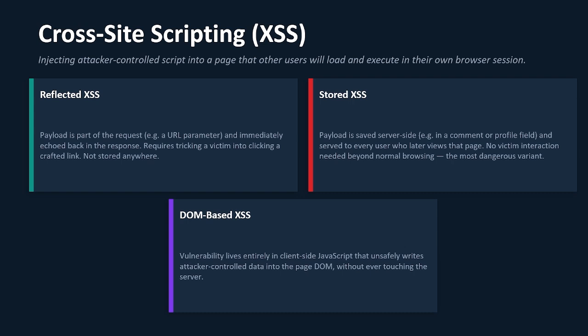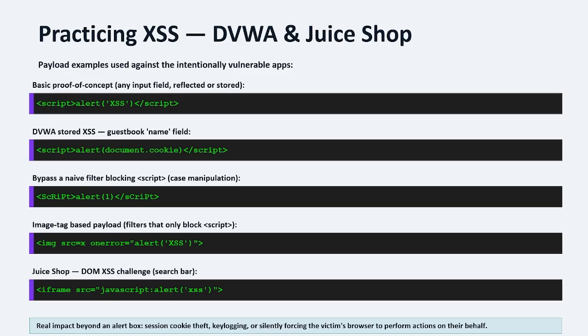There's also the DOM-based cross-site scripting. So this exists in the client-side JavaScript, and it doesn't even touch the server, but there's many ways of getting it to be triggered. So you can also practice this, and again, the DVWA, there are cross-site scripting challenges in there, and I would definitely encourage you to play around with those and exploit it,